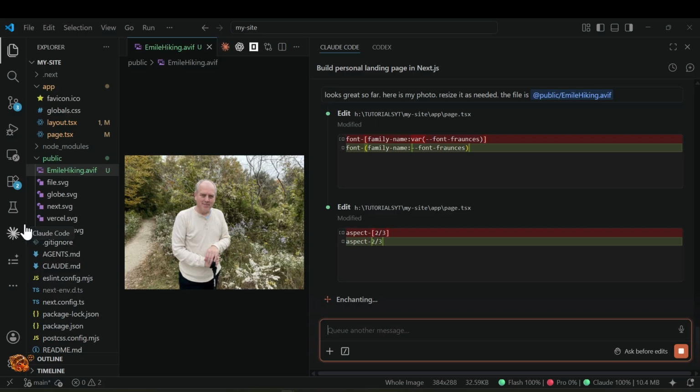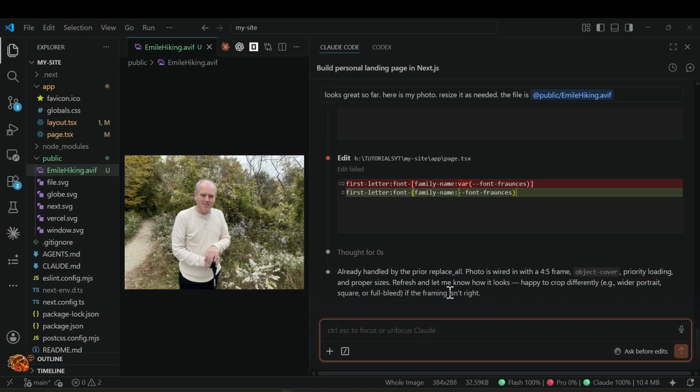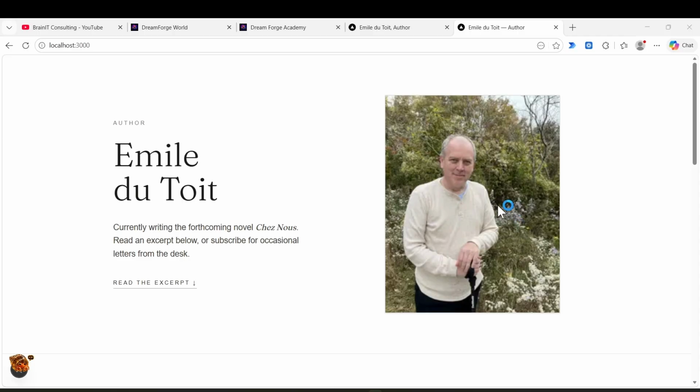Adjusting the aspect ratio for us. Okay, so he wired in the photo. Let's go take a look. So he put my photo on this side. Now we can see the photo.